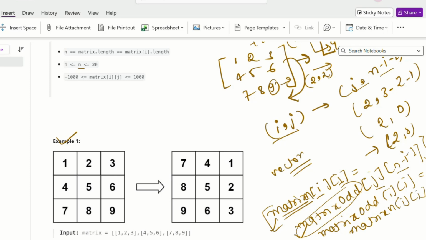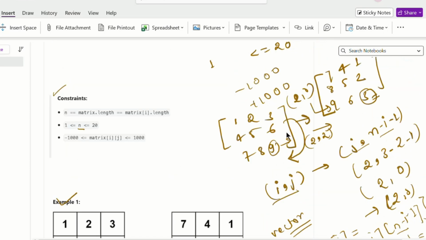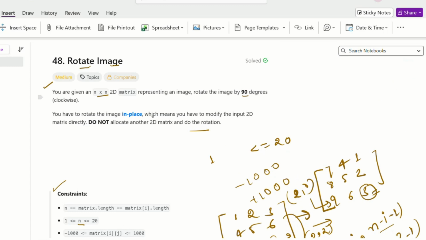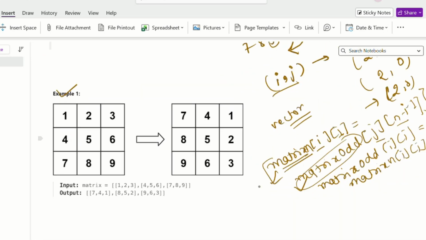But in our question, it is given that we need to modify the existing matrix only. Do not allocate another 2D matrix and do the rotation. So we can't do this. If we try to do this, our space complexity will be big O of n square, since we need to initialize a new vector and then assign.